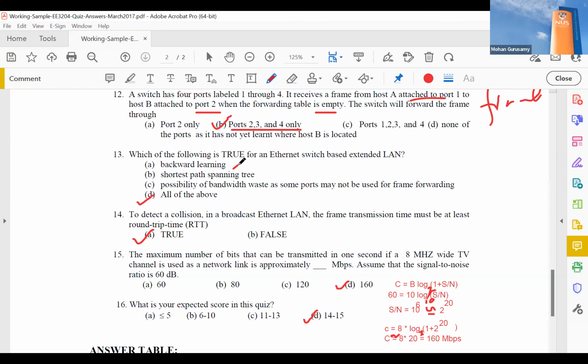Question number 14. To detect a collision in a broadcast Ethernet LAN, the frame transmission time must be at least the round trip time. I think I explained this at length in the lecture. You can go through the lecture notes again. Yes, the frame transmission time should be minimum 2 times the round trip time. That is true. And question number 15,